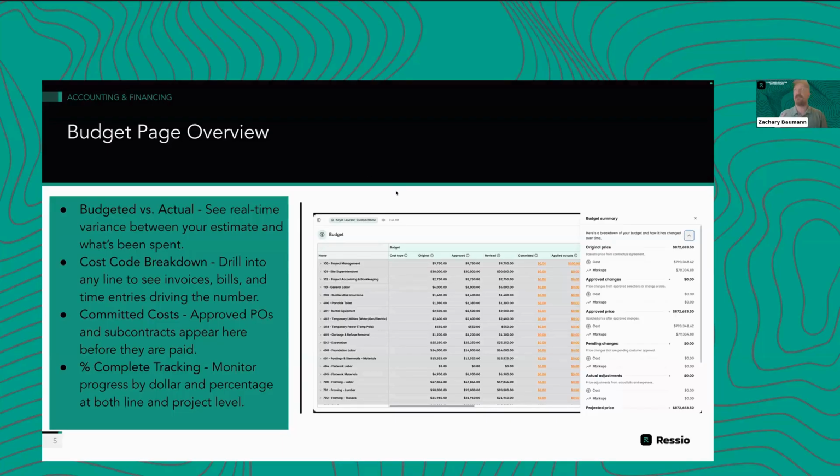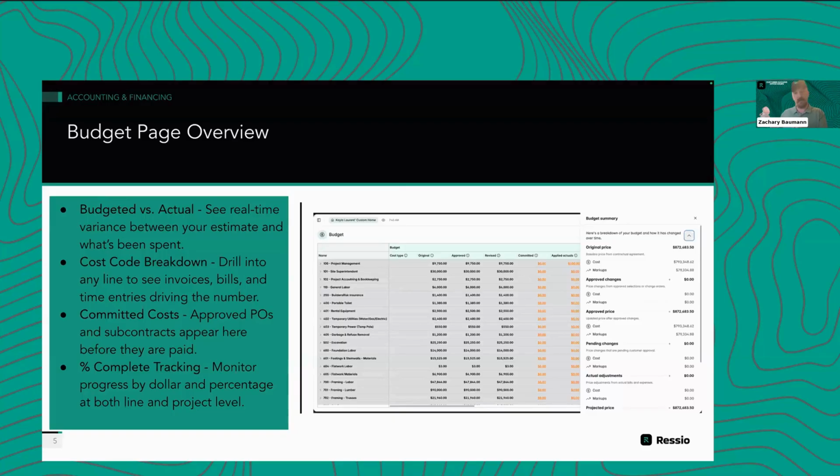The difference you'll see here between all actuals and applied actuals is that all actuals includes draft bills, not just approved bills. So it's kind of like the precursor to your applied actuals. Your all actuals is every bill that you've entered into Ressio that is either draft, ready for approval, or approved. And applied actuals are the ones that you have approved and actually said, I'm going to bill the customer for these.